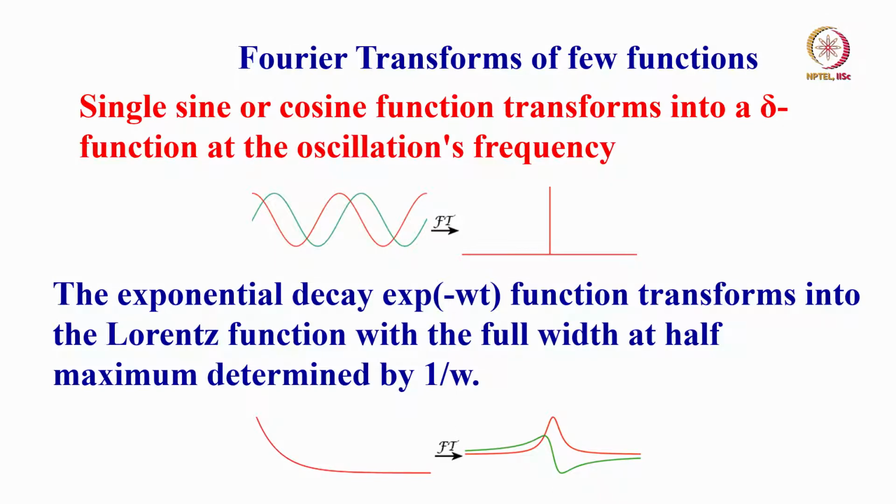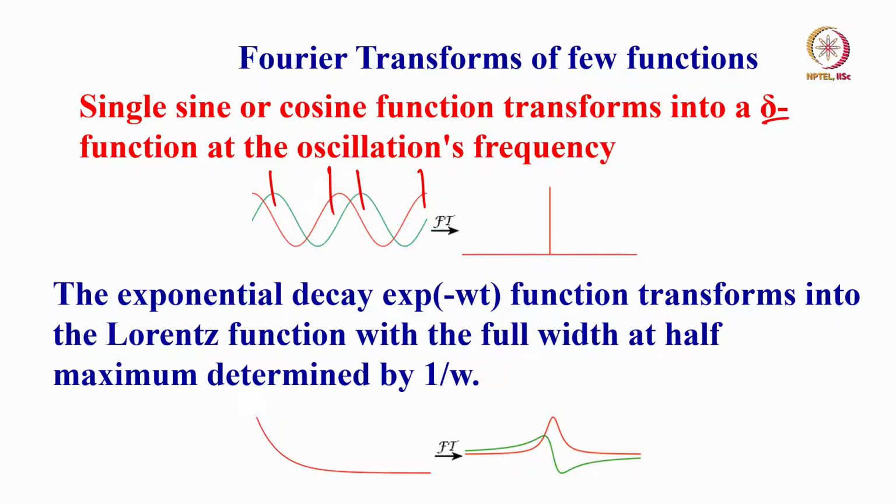For example, this is the sine function if I take, sine or the cosine function. The Fourier transformation of this single sine or a single cosine function, only one, it transforms into a delta function with an oscillation frequency. Okay. Whether a sine or cosine you take, it will give us a single frequency. I have taken single sine because it is only single frequency. From here to here is the frequency, only one frequency. Similarly cosine, here to here is the single frequency, you can measure it. So then it gives us a single line.